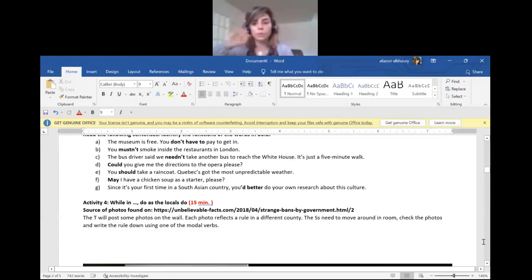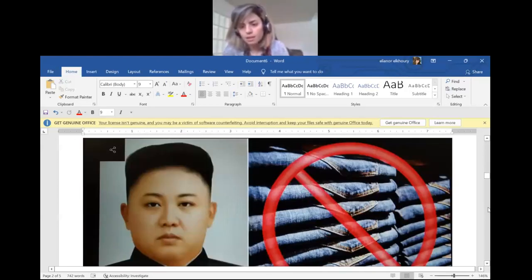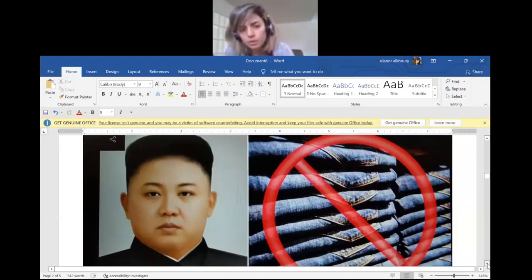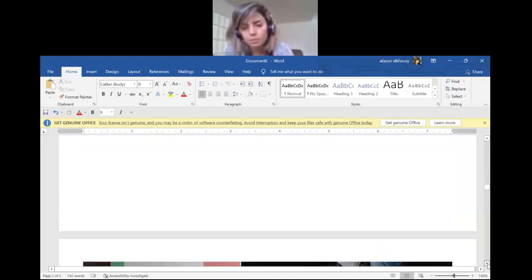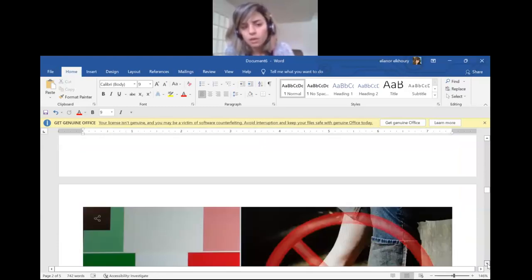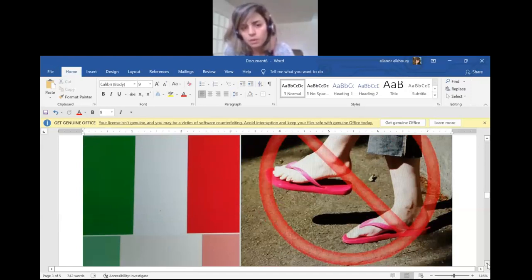I posted them on the wall, and each photo included one rule from one country. And I included some of these photos, but not all, because they are 33 students, so I needed to make sure that there are at least 15 photos. So what I did is that I included different rules from different countries. Sometimes it was definitely difficult for them to guess the name of the country, because sometimes they are not familiar with the flag or with the figure. So I was moving around helping them,